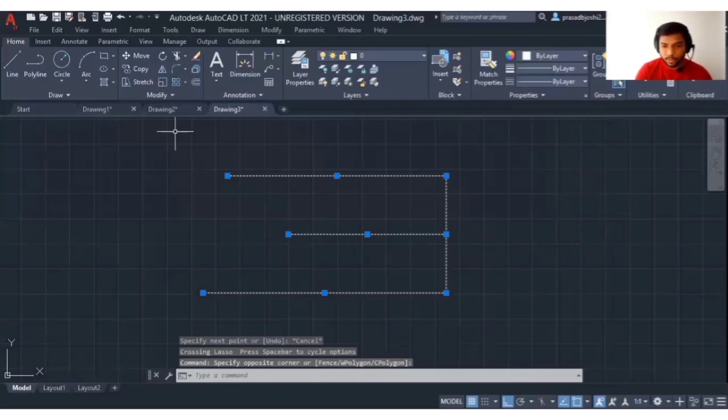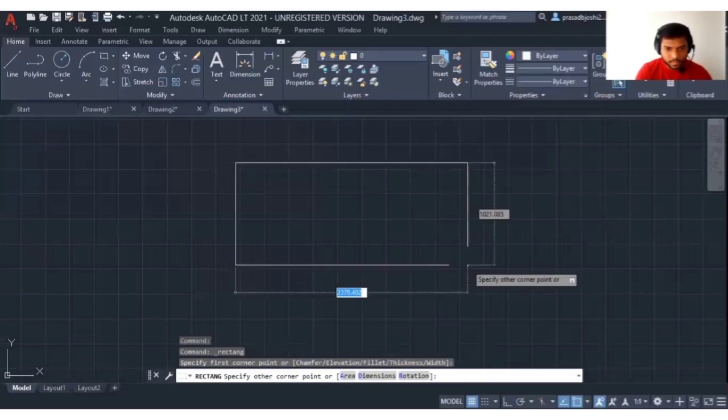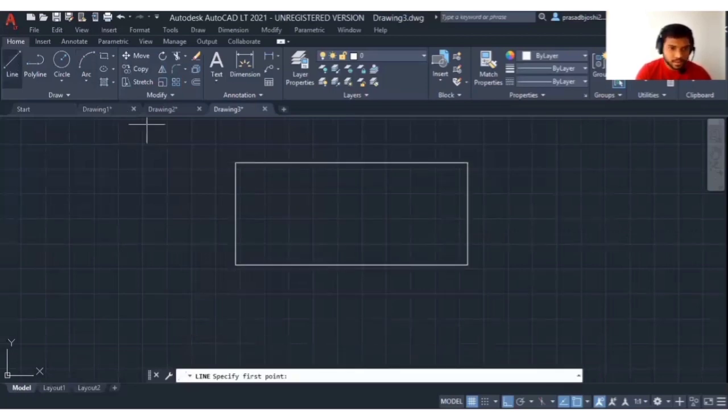Let's consider one more example. For example, let's draw a rectangle, then select a line. Here we see this is the endpoint. The endpoints are shown by a small green square. Then we have midpoints with rectangle. Then we can see the centers as well, the geometric center.